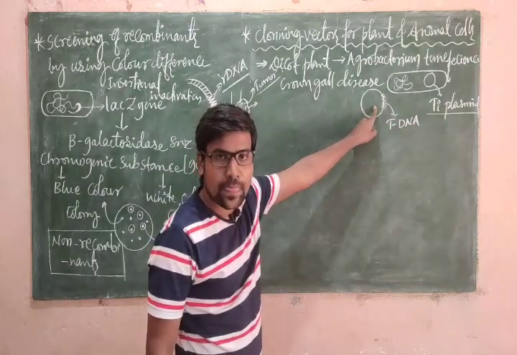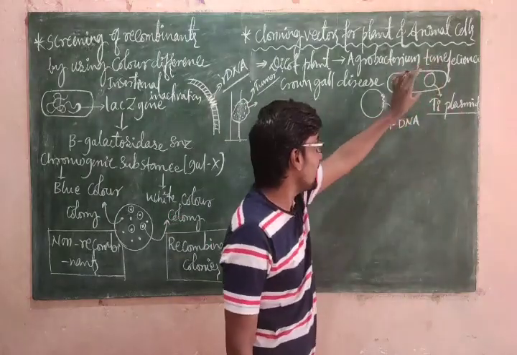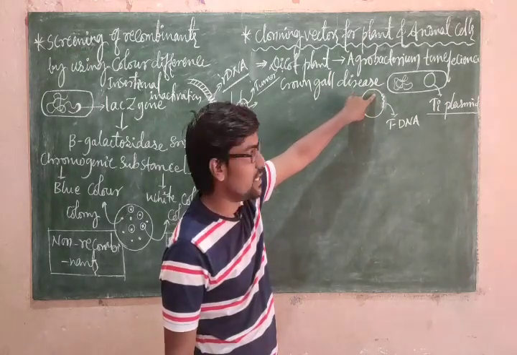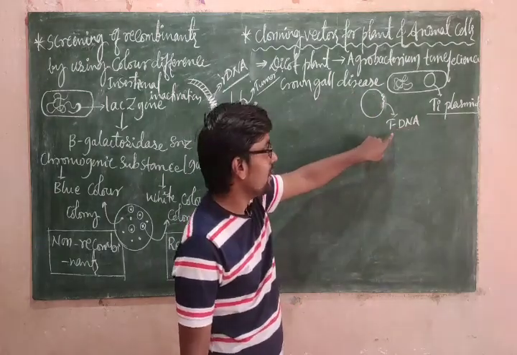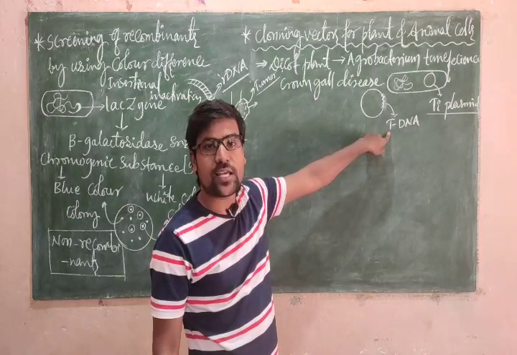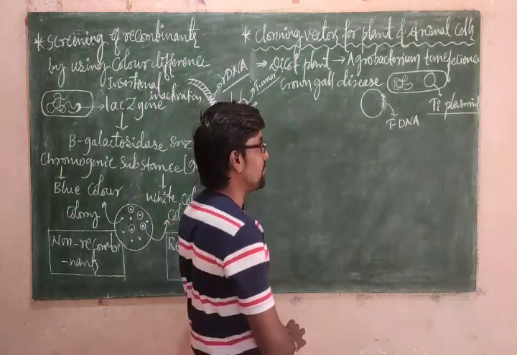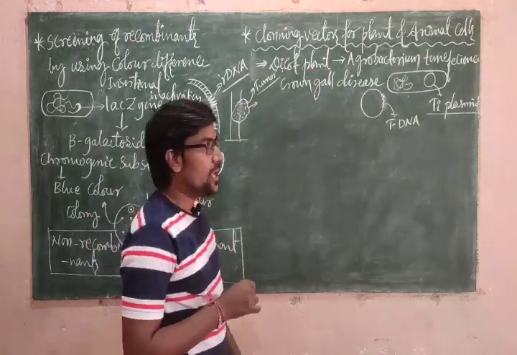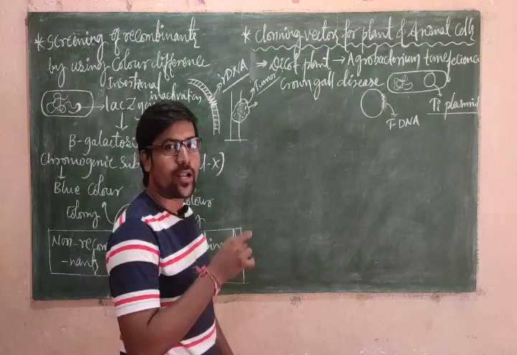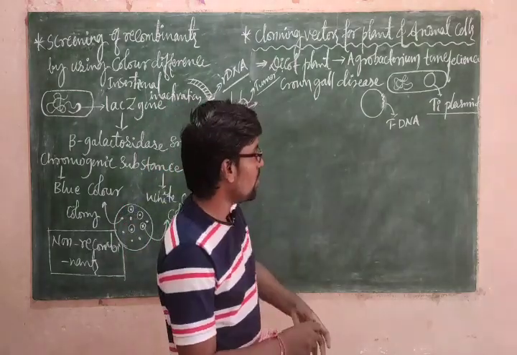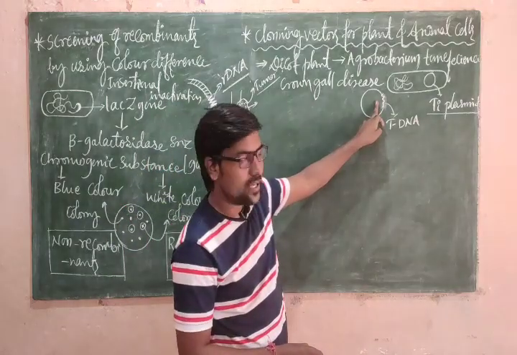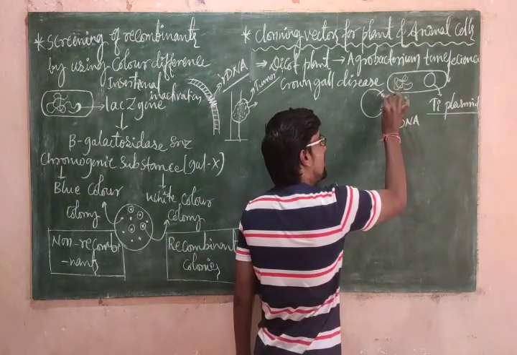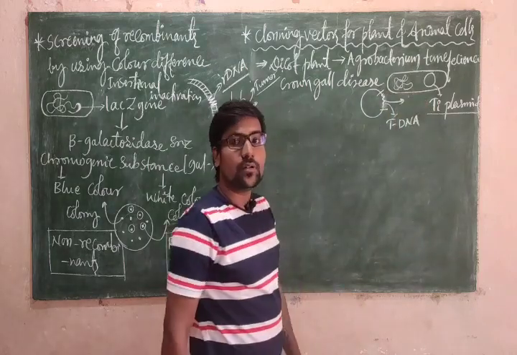What is the plasmid actually? Ti plasmid. I have taken the Ti plasmid outside. In the Ti plasmid, a special DNA is there. That DNA name is tDNA. T means transfer DNA. That means when this bacteria enters the dicot plant cells, where DNA is already present, this Ti plasmid's transfer DNA is transferred to the DNA of the